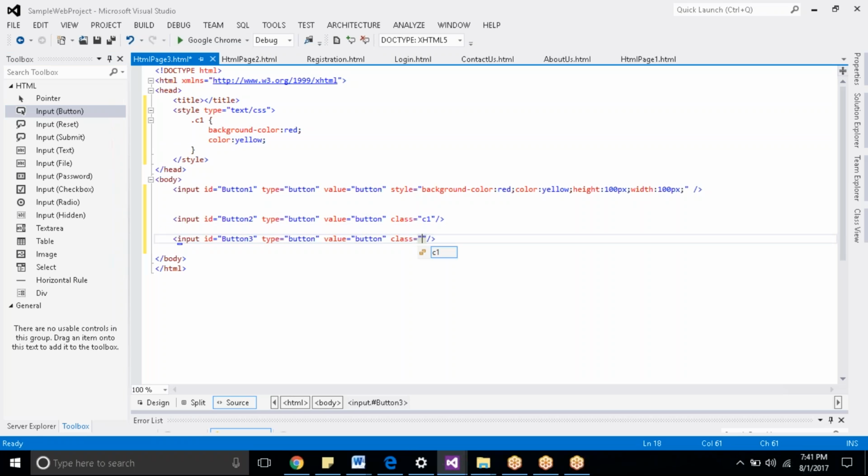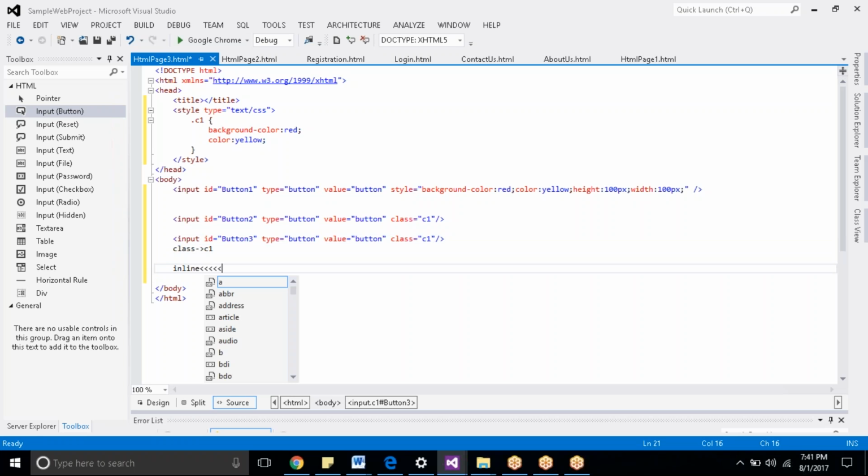So however many controls you want with the same style, give class as C1, then you can use this. Am I right, all of you? So inline is much less reusable than